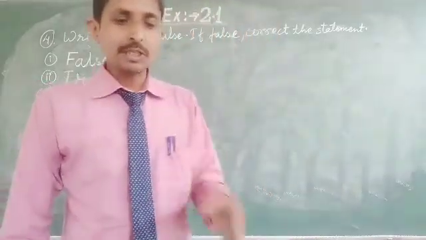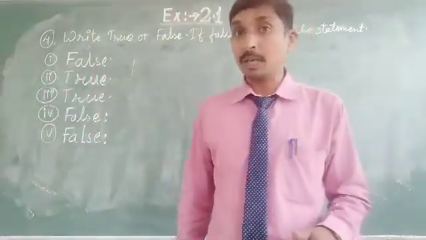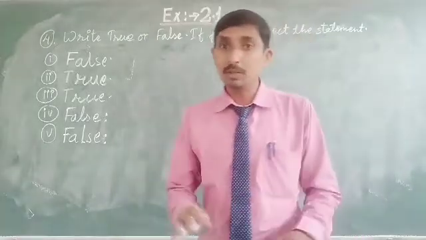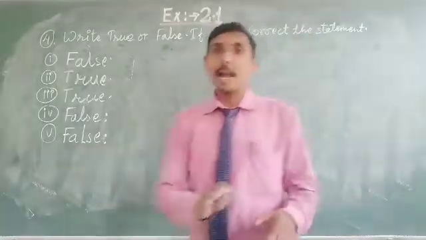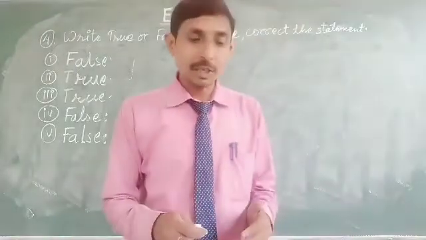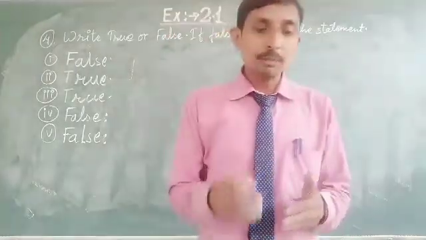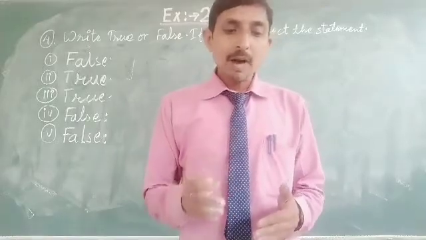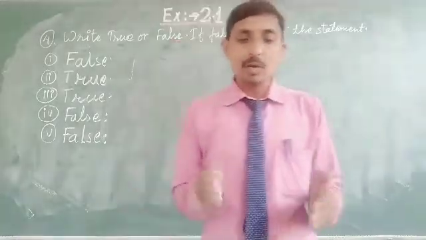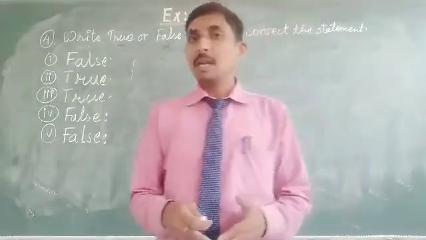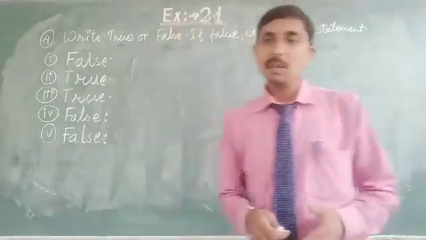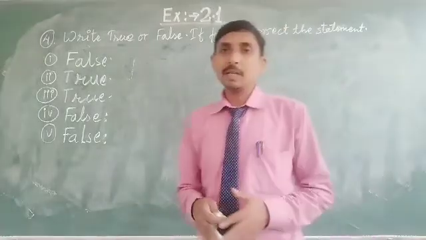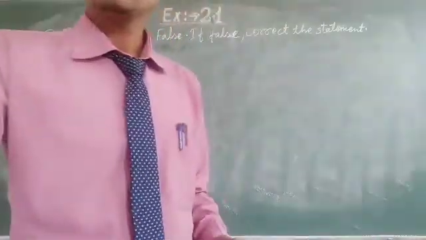So in the question it is given that this is the associative property of addition. No, it is not the associative property of addition. It is false, that's why we have to write false. And how do we correct the statement? We have to write: the commutative property of addition states that in whatever order we add two whole numbers, the sum always remains the same. In this way we can correct the statement. So in this way our question number 4 is complete. So I think it is clear to you all.